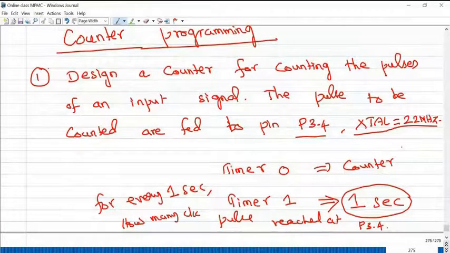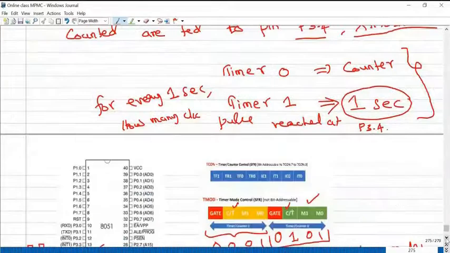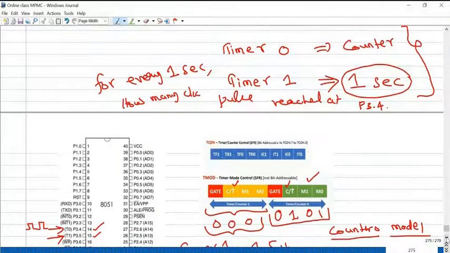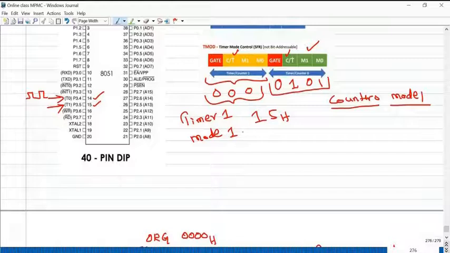So just for demonstration purposes, I consider timer 0 going to count the external clock pulses. Okay. For every 1 second, I want to display how many clock pulses were received by the P3.4 pin. For that, timer 1 I am going to configure in timer mode only. Okay. So from this calculation, the value is to be loaded for timer 1 mode 1 and counter 0 mode 1.